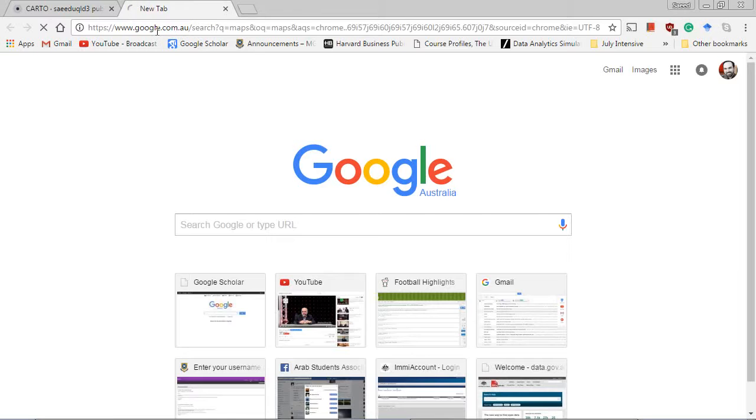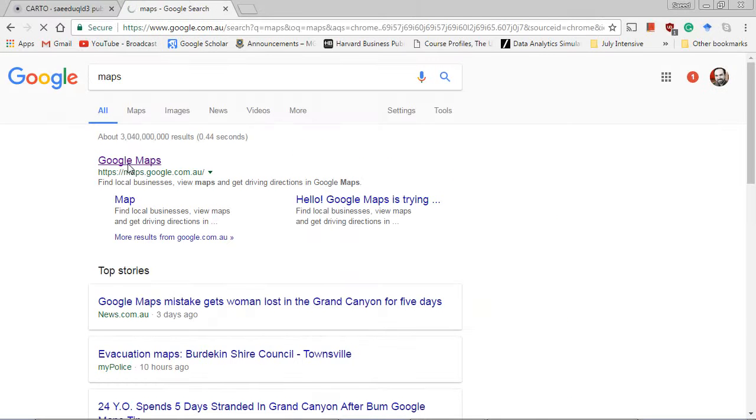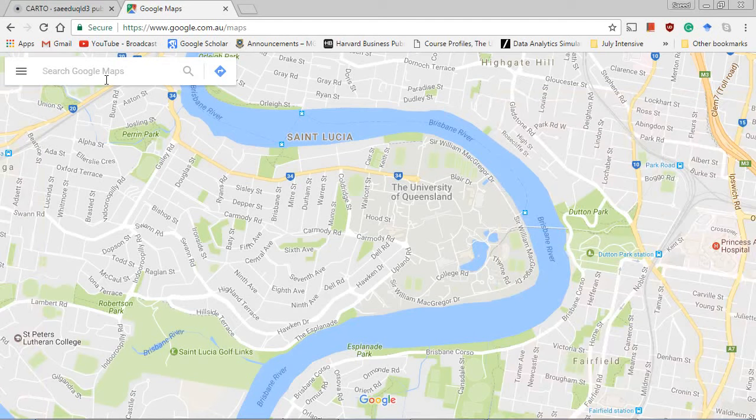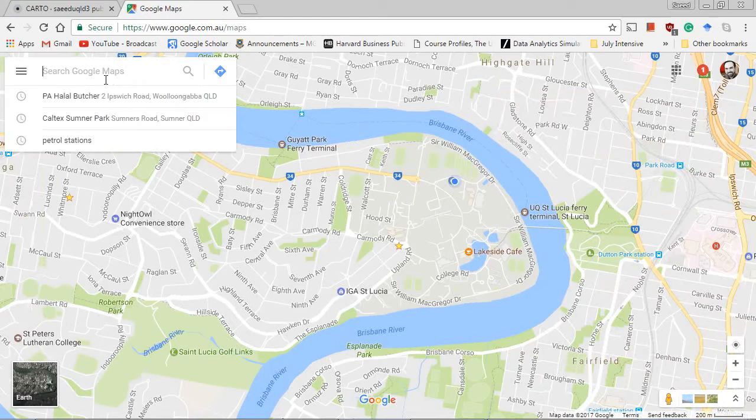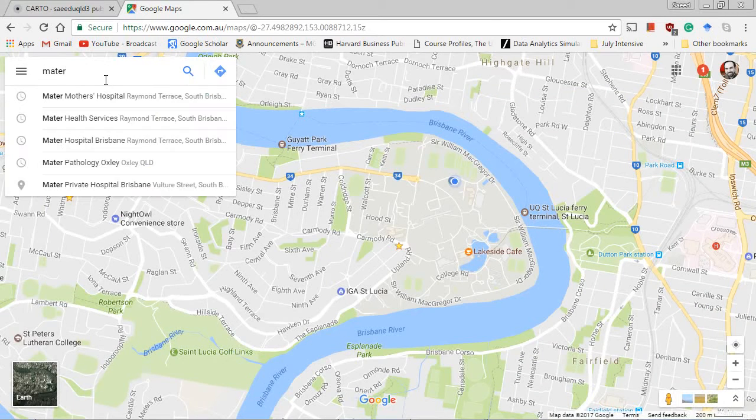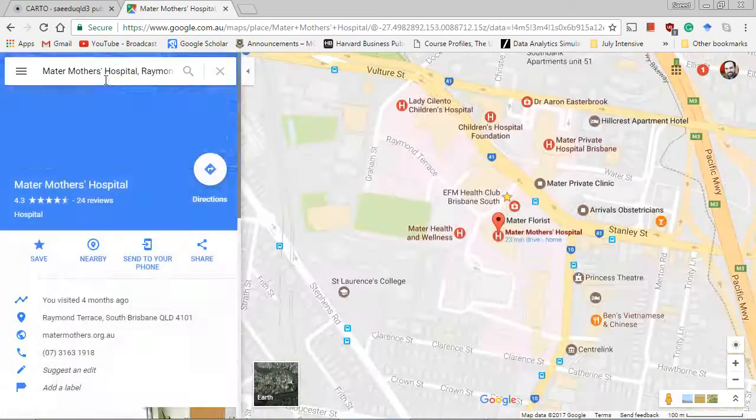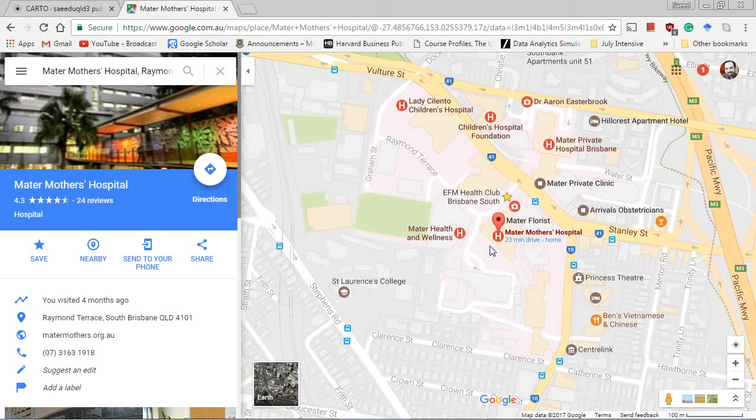The first way is to simply go to Google Maps and basically search for what you are looking for. So let's say I'm looking for Mater Hospital or Mater Mother's Hospital, right? So it shows me Mater Mother Hospital. I can get longitude and latitudes from Google Maps by clicking on any place, but make sure that the cursor is not the hand figure, it is the arrow cursor, right? So anywhere that is an arrow you can click,